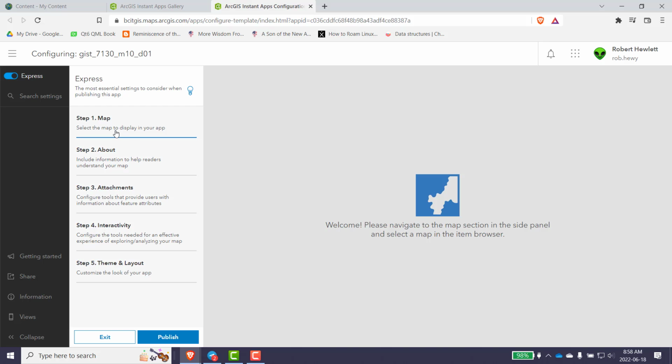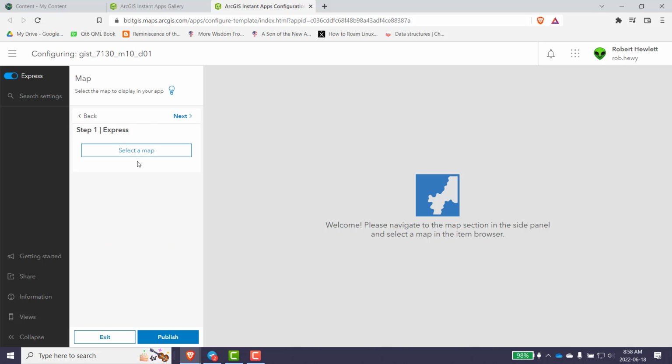Now, if you're in ArcGIS Pro, you can load up all your layers, get your map ready, get your pop-ups ready, get everything configured, and then shoot it up to the cloud via ArcGIS Online. Or you can make it manually all from the web now, which is more and more stuff is showing up. And so I'm going to come here and pick a map,